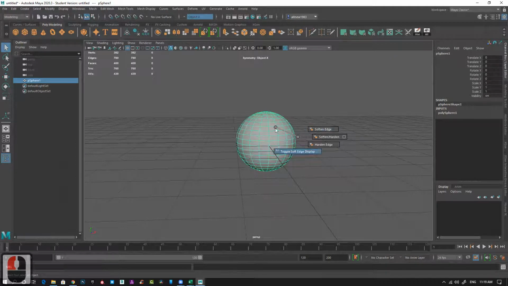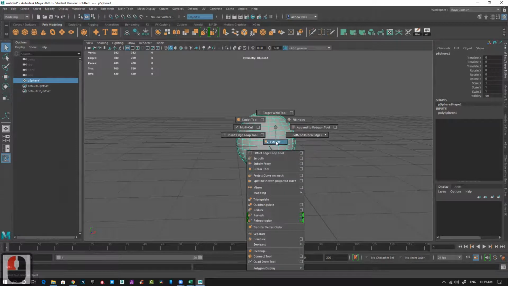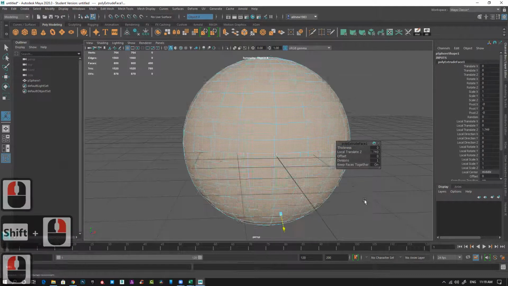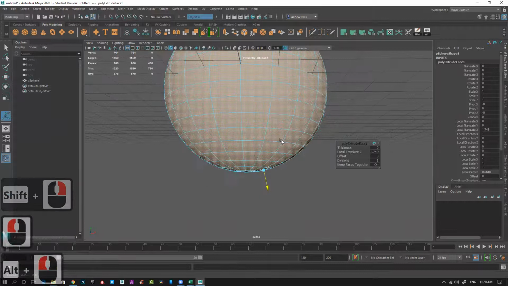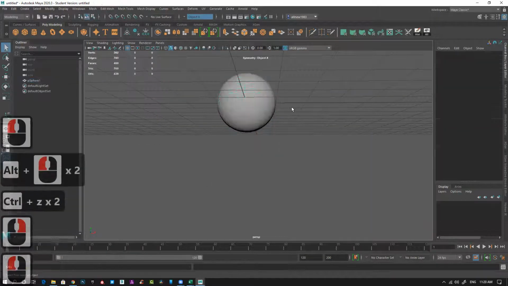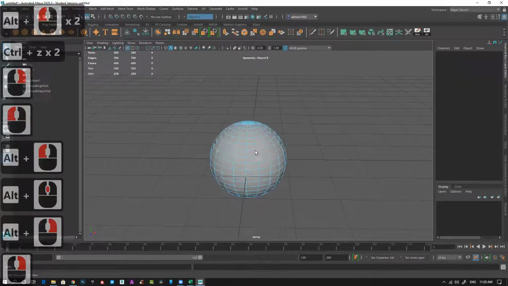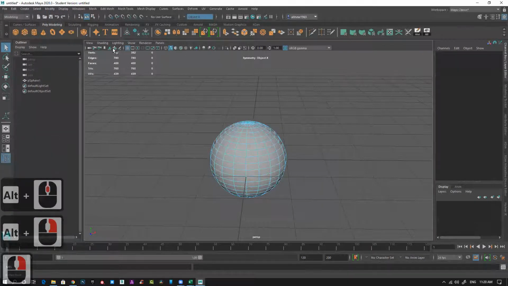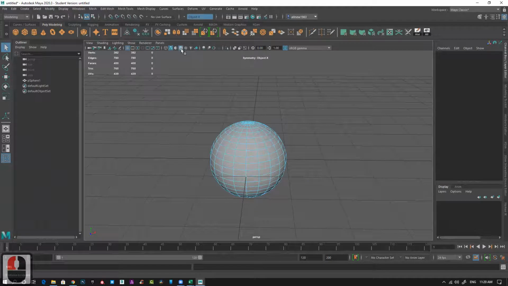All these options are there. Go back, extrude. It basically extrudes from the base. So like this, you can modify things very easily, and these are the viewport modes.